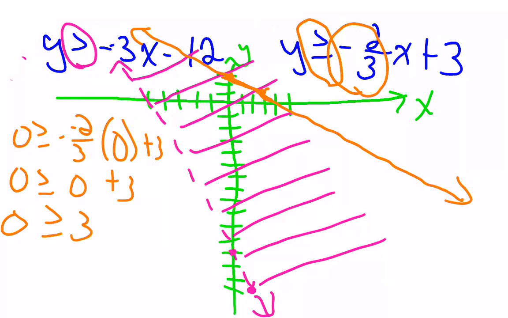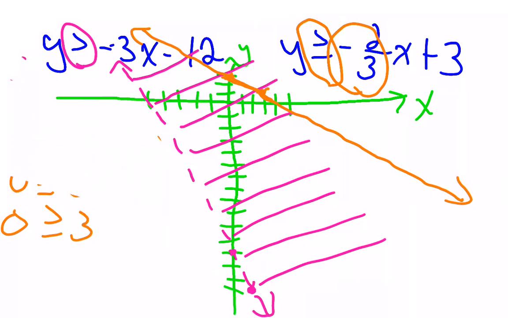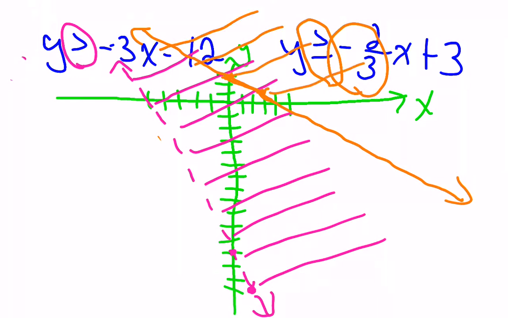The answer is no. And so with that being said, we are shading the other side. So in this case, we are going to shade this way, which seems kind of weird, but they actually do